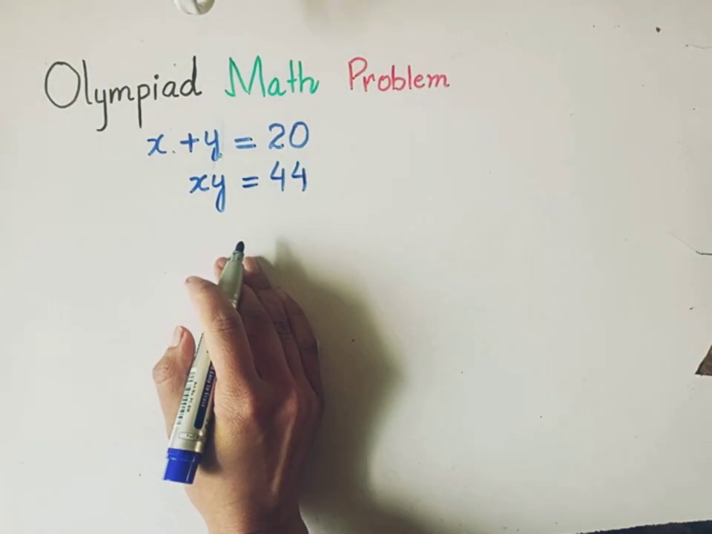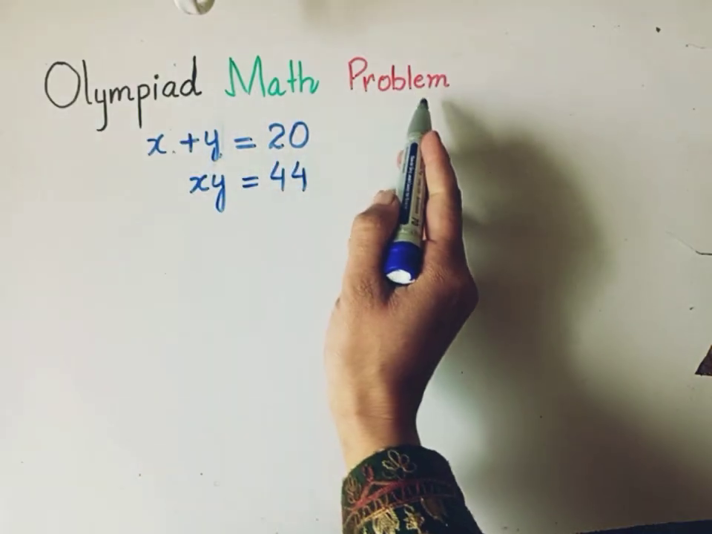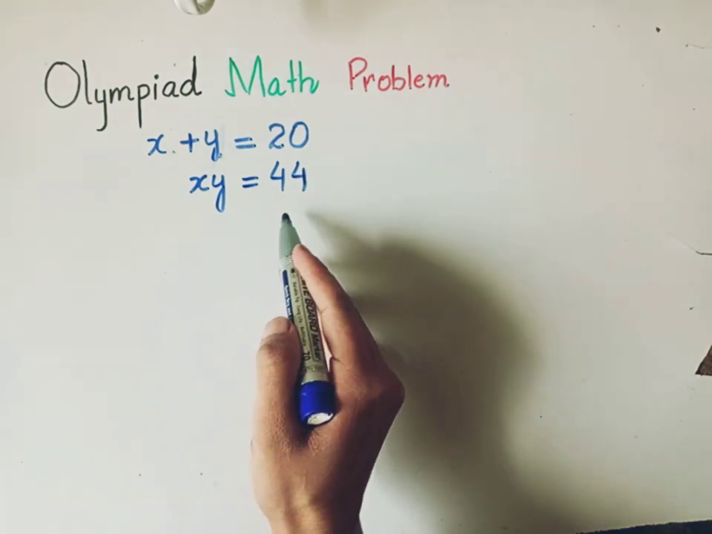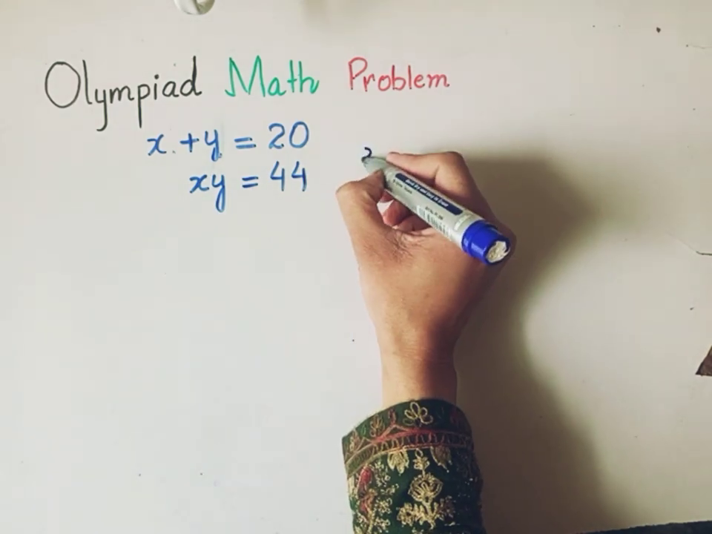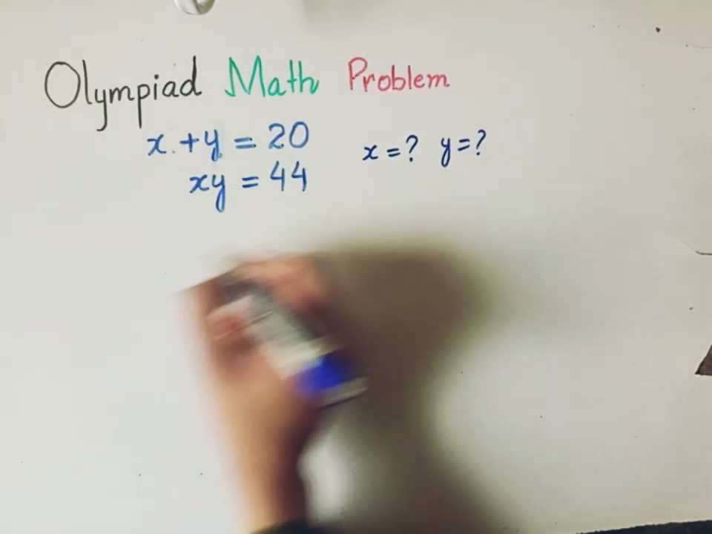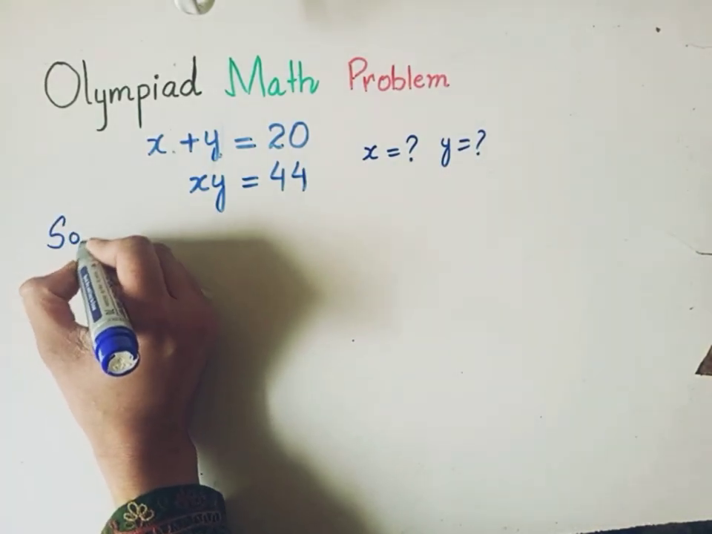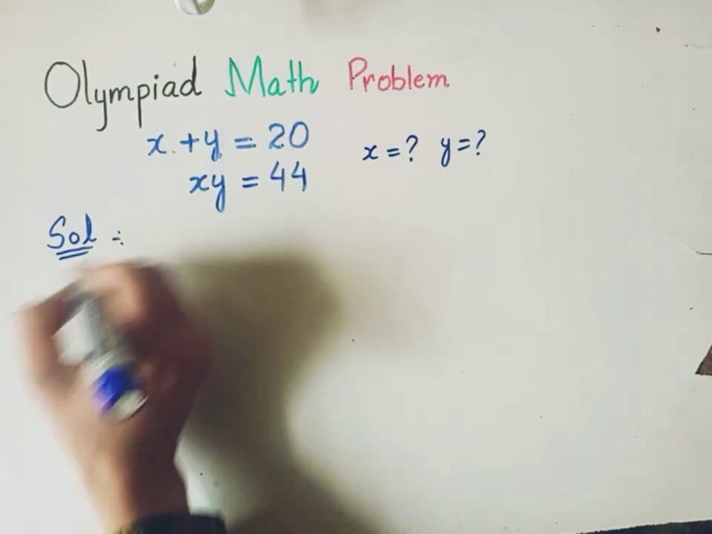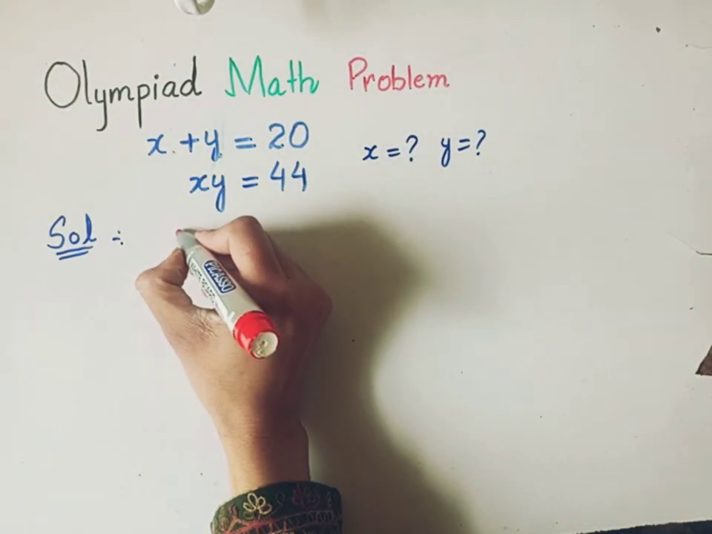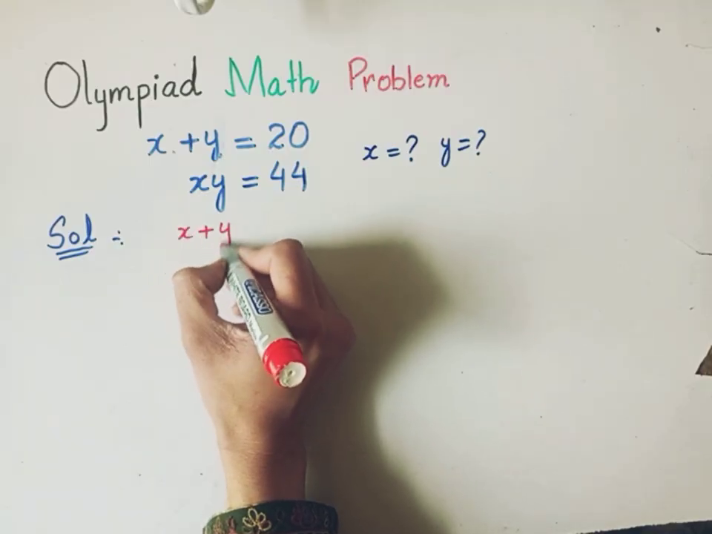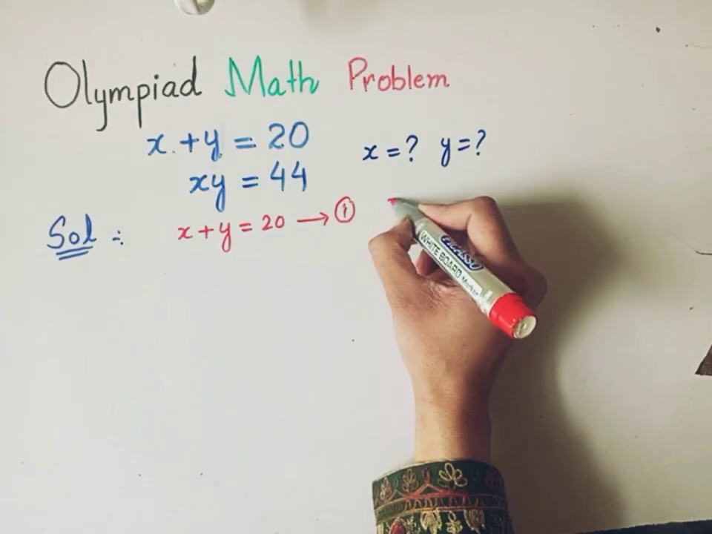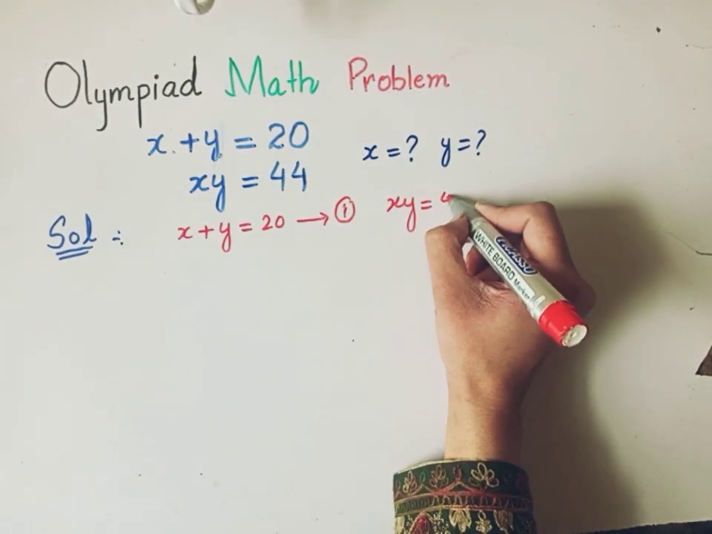In this video, we will solve a very interesting Olympiad math problem: x plus y equals 20 and xy equals 44. You have to find the value of x and y. So, we will solve this question by the substitution method. In the substitution method, we will first suppose x plus y equals 20 as equation 1 and xy equals 44